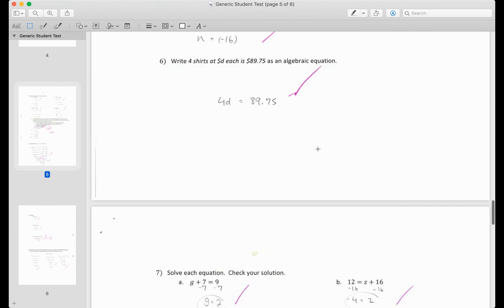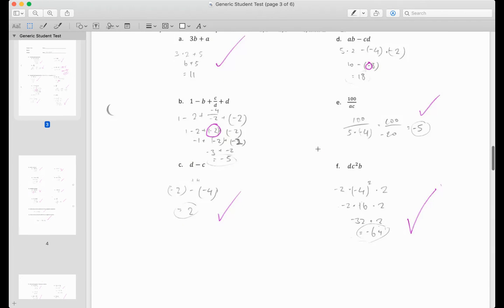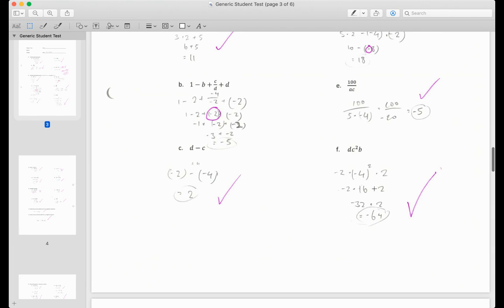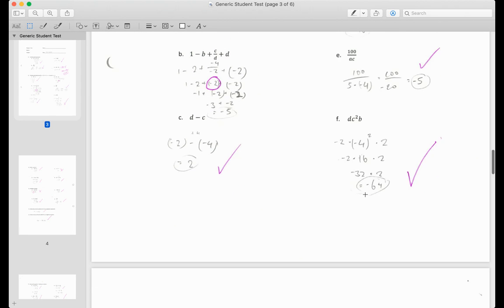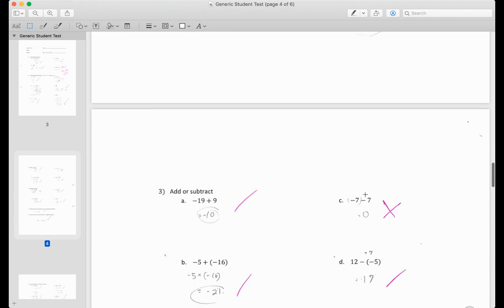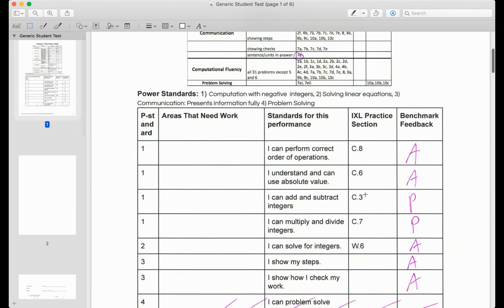The last one I want to show you is on number 2F. This student actually did a good job, but most people got this one wrong. With that point right here, when it was -4 squared, -4 squared means -4 times -4, which is a negative times a negative, which is a positive, which this student did correctly. Many of you wrote a -16 here. So make sure that you understand that anything that's squared is always going to end up positive, because a negative times a negative is a positive, and so is a positive times a positive. Okay, so make sure that, when I go back to here, also